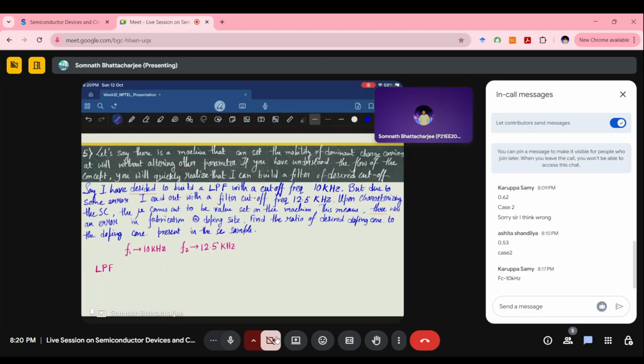So I'm solving it. Now the LPF cutoff frequency is 1 by 2 pi RC, and the resistance, or impedance you can say, of the semiconductor is given by L by A multiplied by mu n, mu p, multiplied by the charge. So from here what we know is